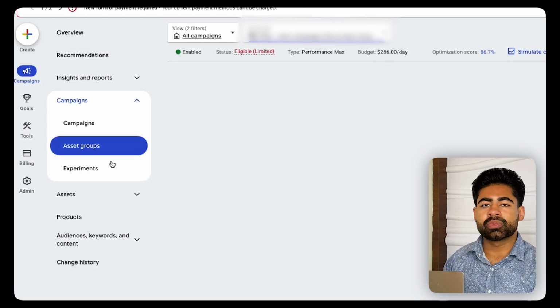But when we deep dive a bit further into the Performance Max campaign, we understand further issues that this PMax campaign is going through in terms of the overall setup approach. And one thing I always like to do, I always like to start with the asset group section,